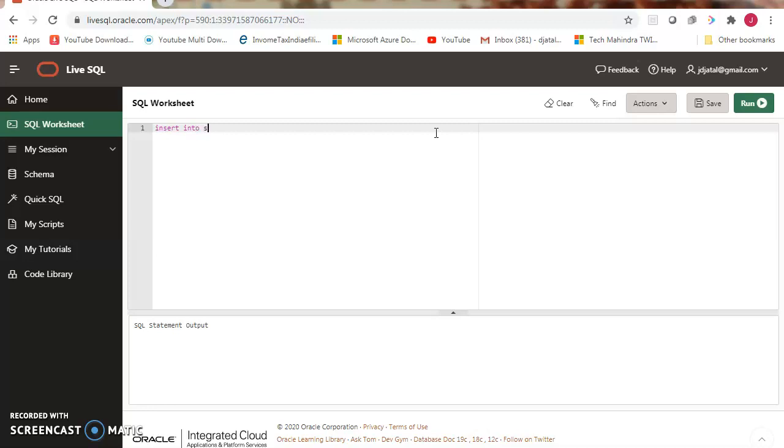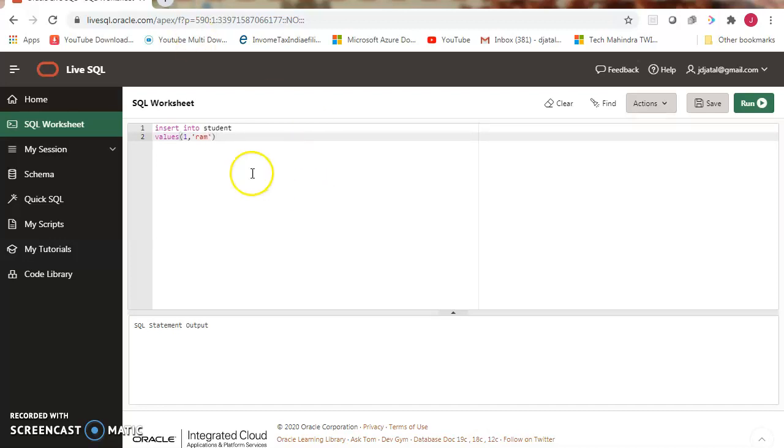Insert into student. First of all, we are entering valid values, roll number and name of the student. These two values are valid for the column student ID and the column name of the student. Okay,